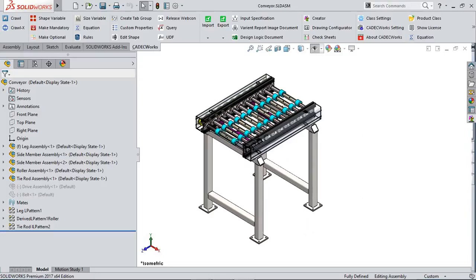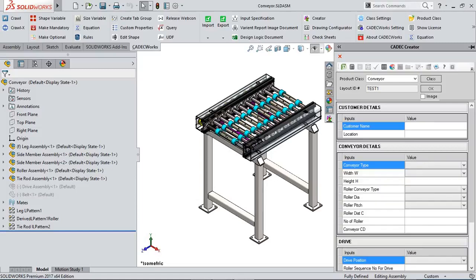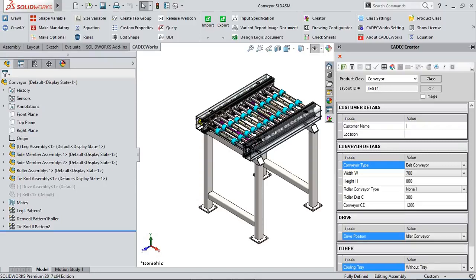Once we are done with the layout ID, the import option will also appear in the input field. If we have an Excel sheet which can be used for providing inputs, then we can directly browse that file and fill in the inputs rather than doing it manually. For this application, we don't need an Excel sheet for filling the inputs, so we will fill the inputs manually.